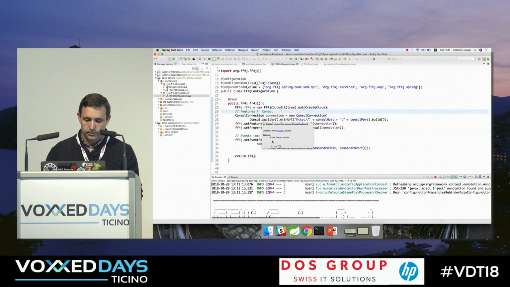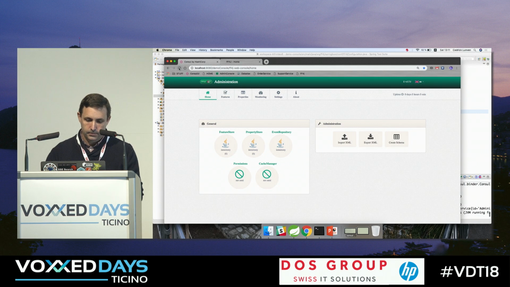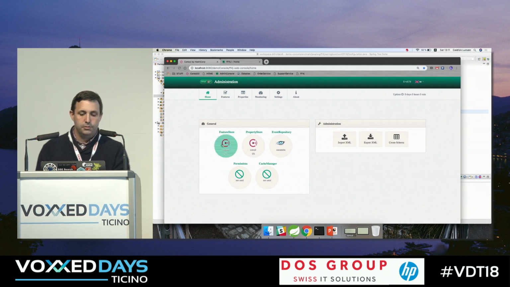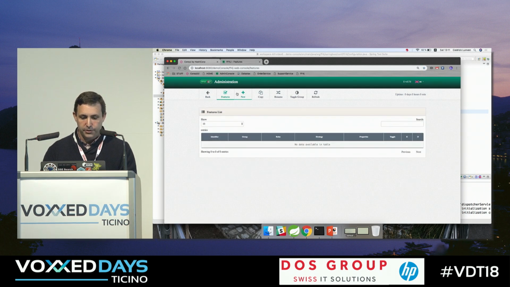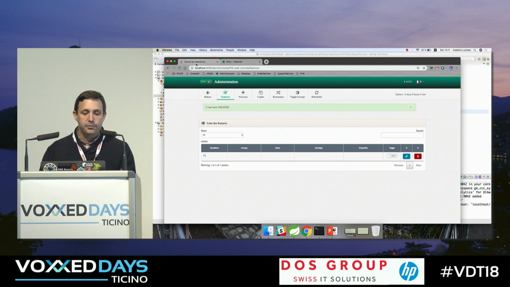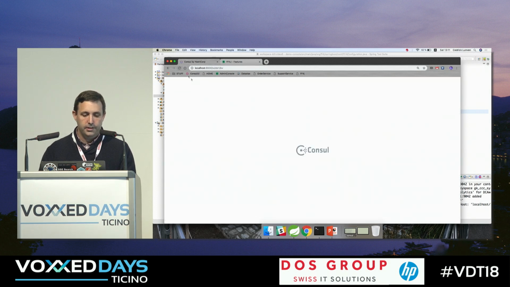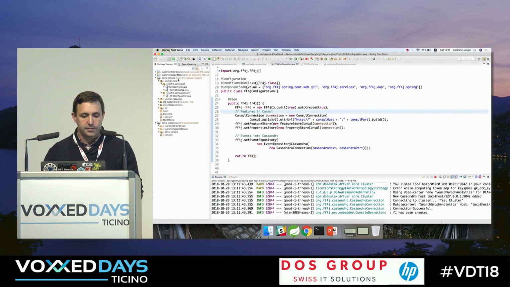Okay, so now I'm connected to Consul, and for the feature store, property store, I will talk about that a bit later, and the event repository, which means everything that you will do with FF4J will be logged, audited. If you want to create a new feature, I need to track that. So if I go to features and create a new one, then it will be available in Consul, of course, the newly created feature. So now I'm ready.